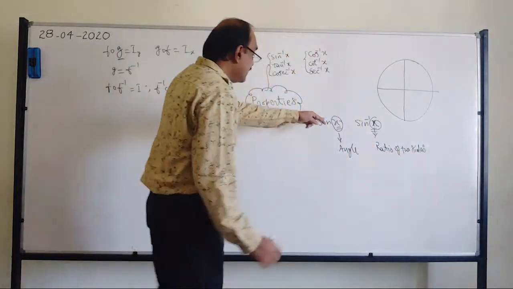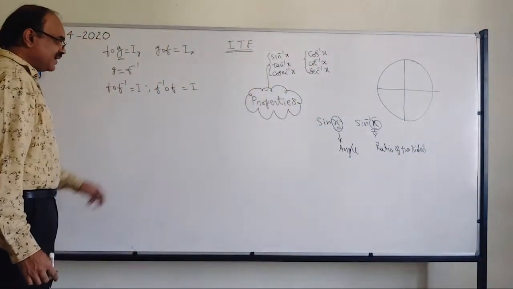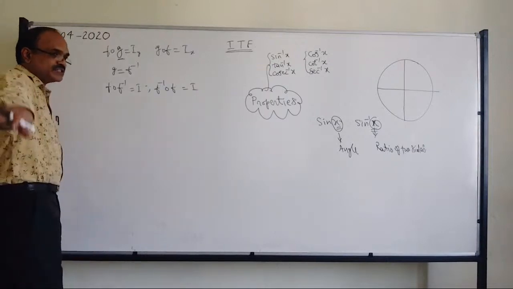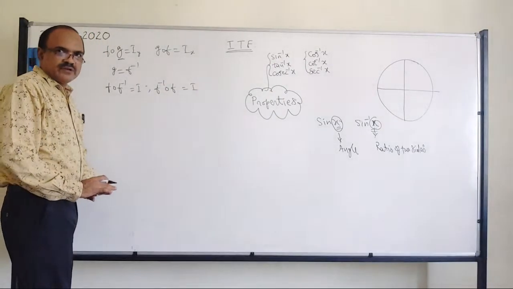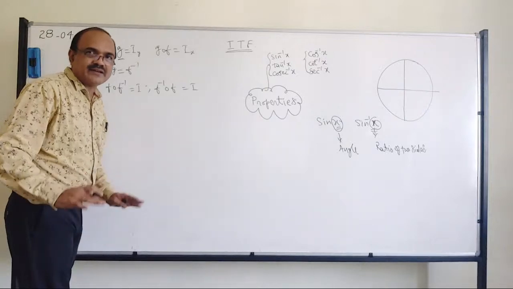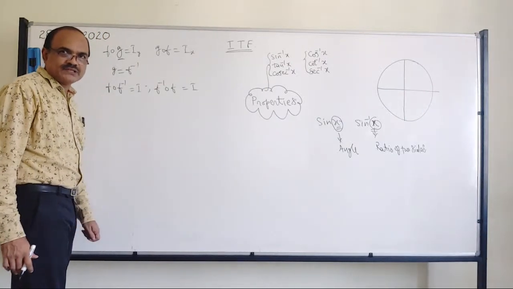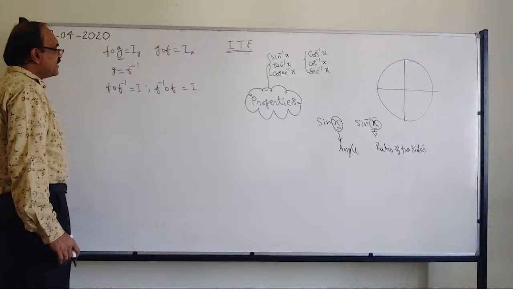Very, very important. Based on this, we are going to define beautiful properties here. Six properties you will get, which you have to solve. Many problems you can solve using them. So that is the first property that we are going to discuss today. Let's look at how it comes.